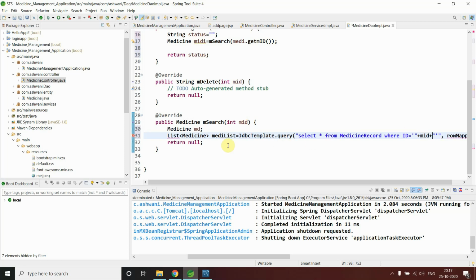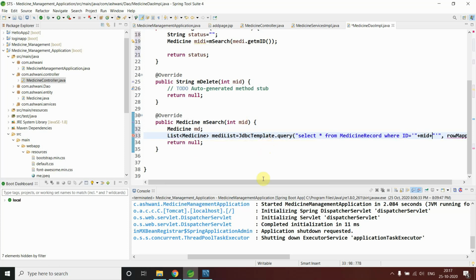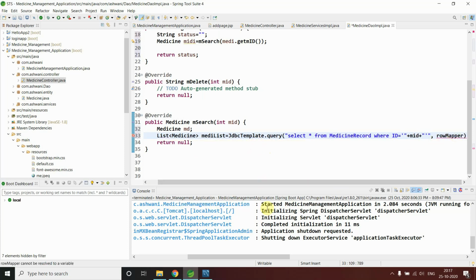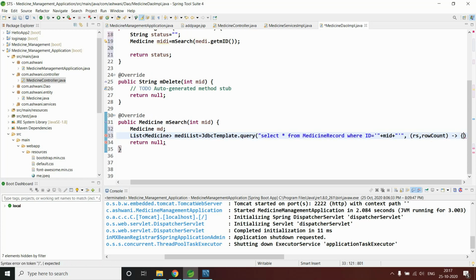Now I have to import my list here. Now just pay some extra attention here. I have to pass some function, which is a lambda function, and it takes a result set object and a row count. Just use proper names, and it will give me a result back.